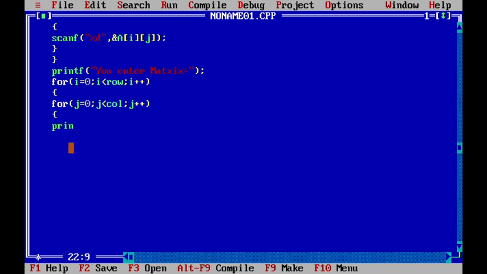So printf %d, a[i][j]. Again, after each entry we require some space between the two entries, so some space after %d. Then after each row we are going to start the next entry on the next line, so enter a new line after each row.